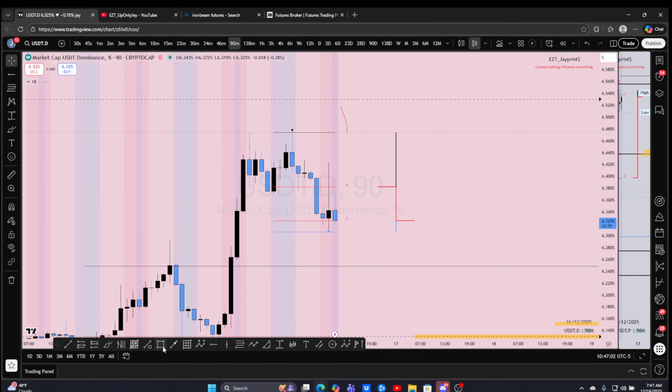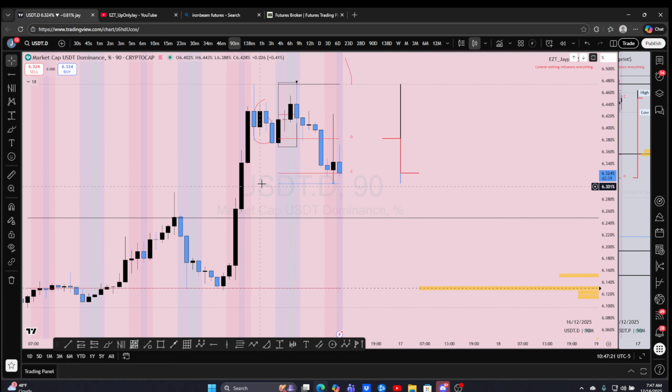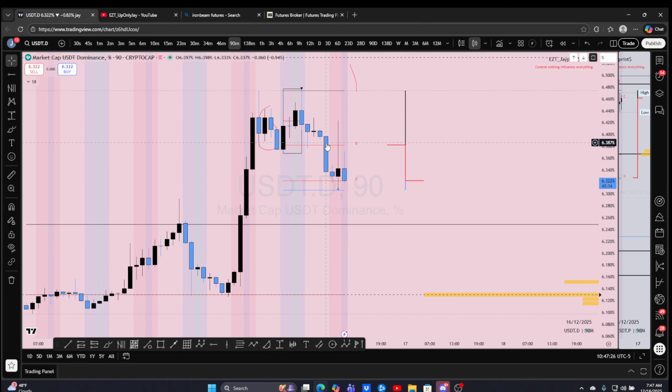So each candle that I'm looking at that's highlighted is a 6-hour candle. So 4 of these 90-minute candles equals one 6-hour candle. And that's like that for every candle everywhere, right? That's one 6-hour candle. Again, 1, 2, 3, 4. That's one 6-hour candle. 1, 2, 3. We're on the third fractal right now,